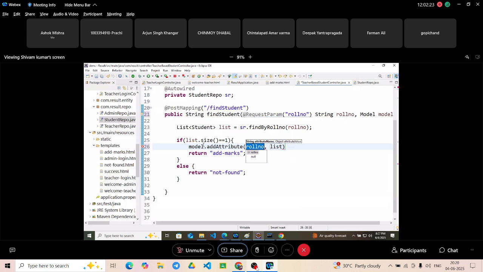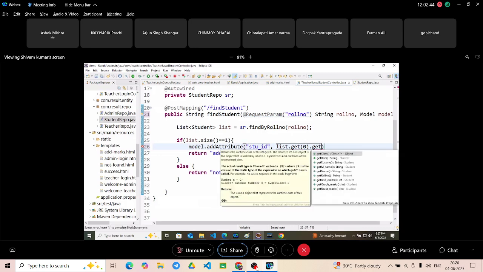Attribute is stu underscore id. And what value are you sending from here? Student is available inside this list. So we will provide list dot get 0 dot get roll number,